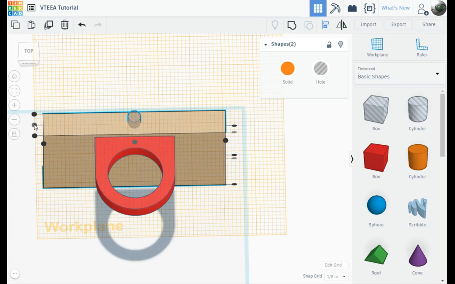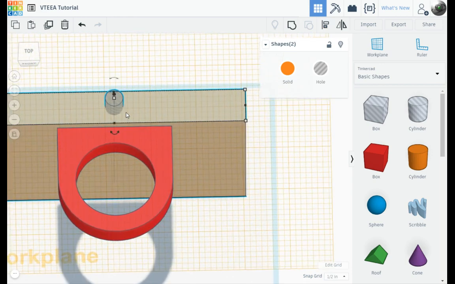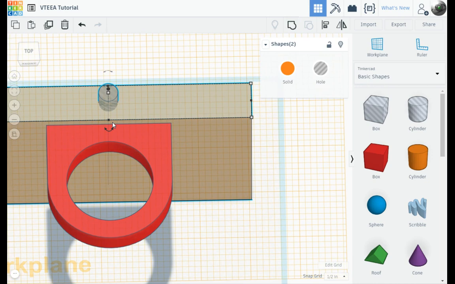Now I centered it across the depth here. I centered it across the length. Now the only thing I need to do is drop it down in. Two easy ways we could do this. One, we could set the snap grid. Select this. Oh, I gotta hit escape to get rid of the line tool. I could use the little black cone and drop this 1/2 inch down in, which would set it flush. Or